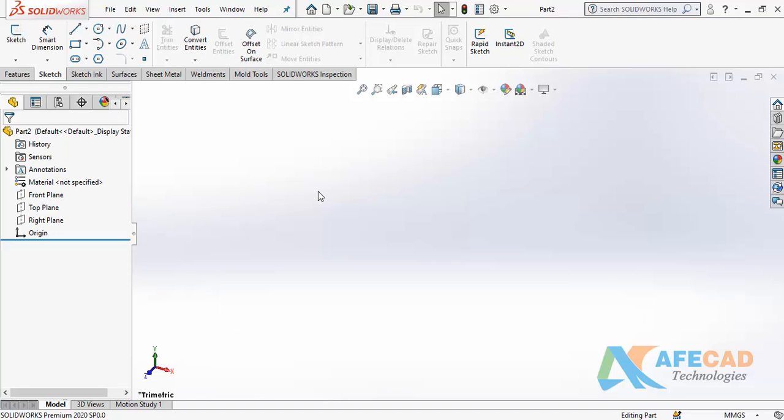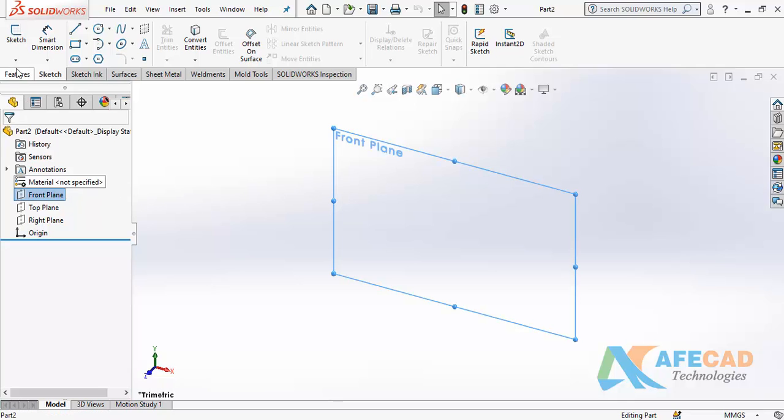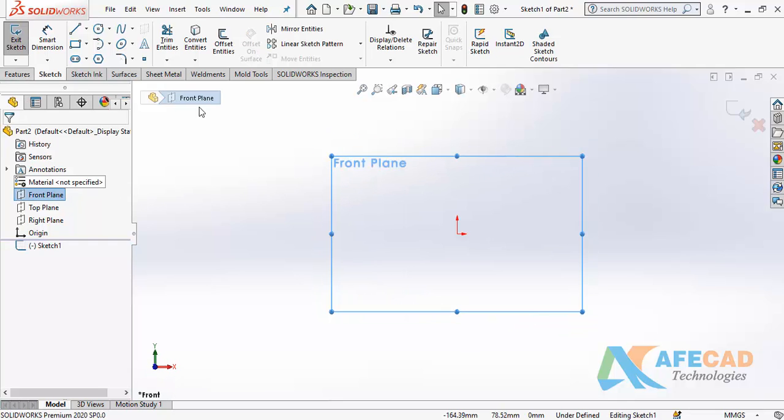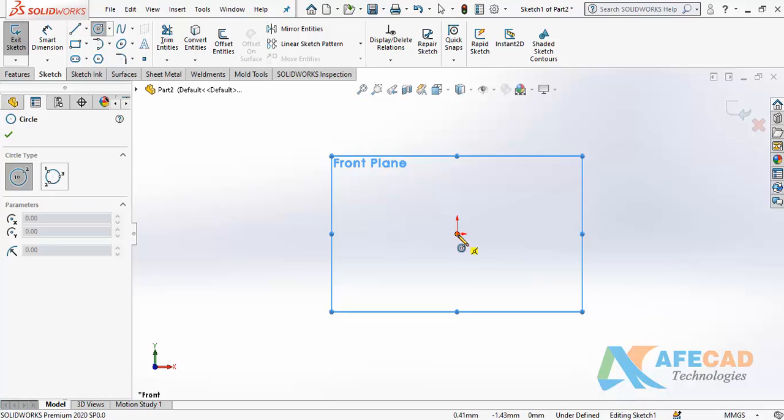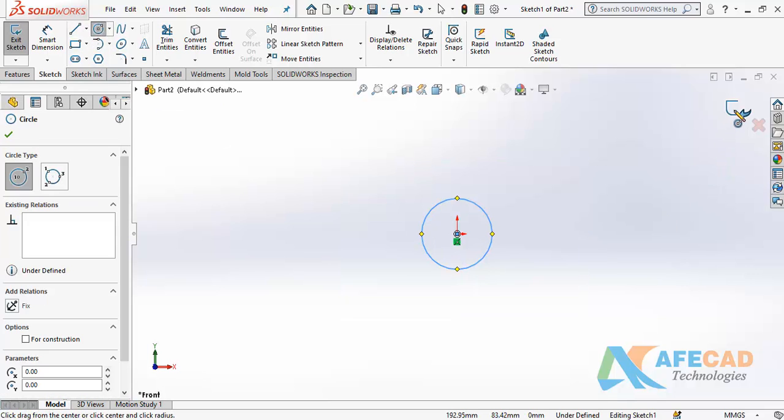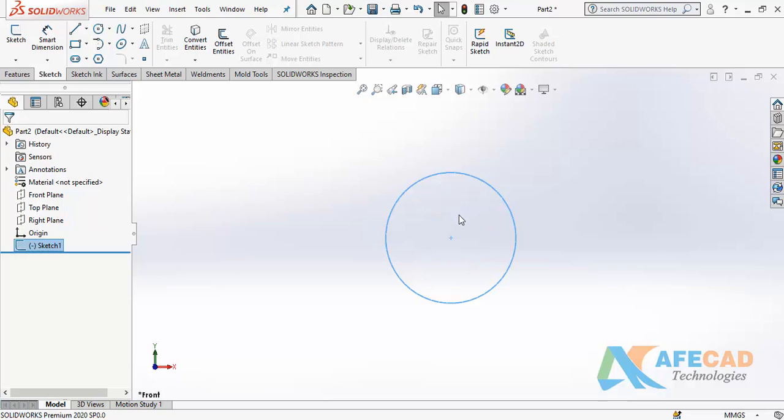Before starting any tool, I want to explain how we use the mouse in SolidWorks. For that, I want to create one object. Example. Now you are seeing the object here, and I want to zoom in and zoom out, meaning I want to increase the size or decrease the size.